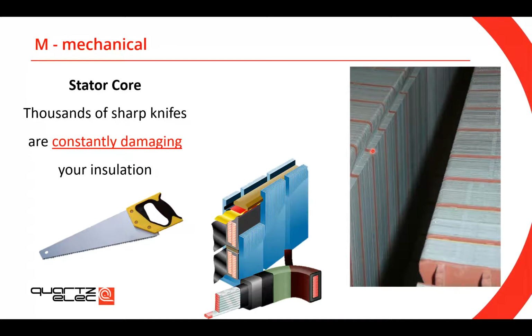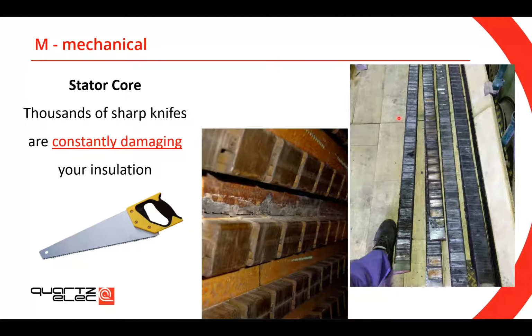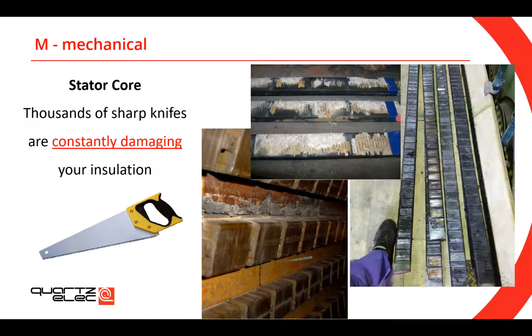Can you see it? You have thousands of laminates. Obviously, we try to cut them as perfectly as possible. But again, in life, nothing is perfect. So you're going to see some sharp edges in the slot section. And as the stator bar vibrates in the slot, it will damage the surface of the stator bar. And this is what it looks like, guys. These are stator bars removed from a machine that suffered from very high PD. Just a few more examples. Yeah, it looks very nasty.